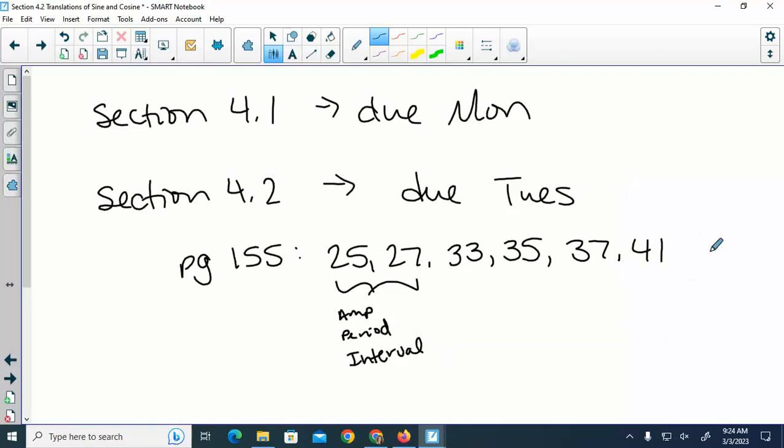So we'll add to this Monday, and it'll all be due Tuesday, but the 4.1 is for Monday. And one thing on the 4.1 homework, when you get to a question like 21, I think it says to graph it from -2 pi to +2 pi, just do 2 periods. You don't have to